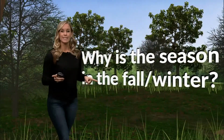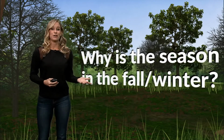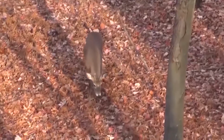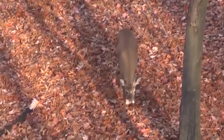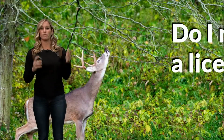Why is this season in the fall or the winter? Well, it's really pretty basic. It's because we need to give the deer a break in the spring and the summer because that is when they have their young and that is when they are raising them, much like oyster season, how they're spawning in the summer. So you can head out and go deer hunting from now into January, but before you go out,